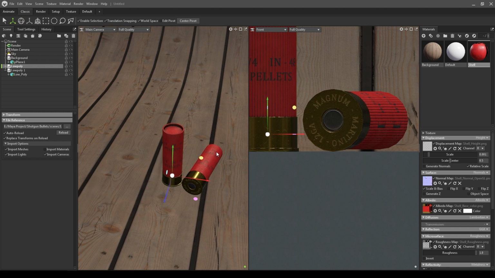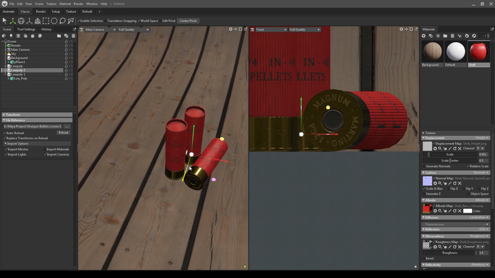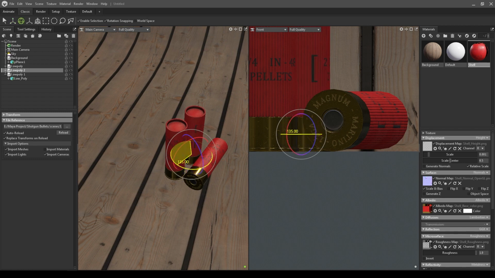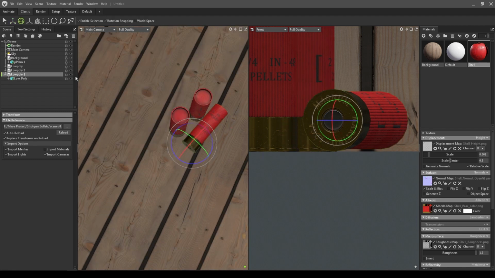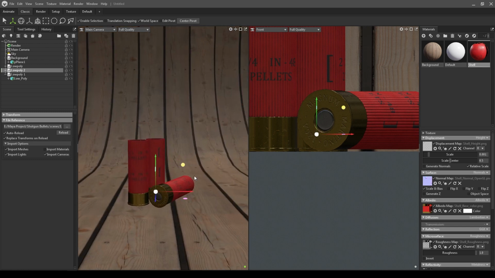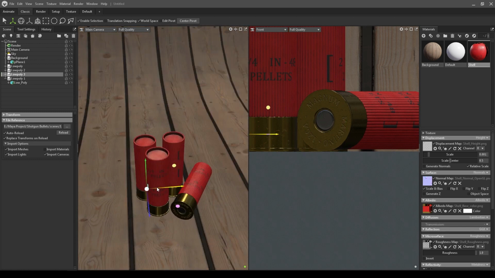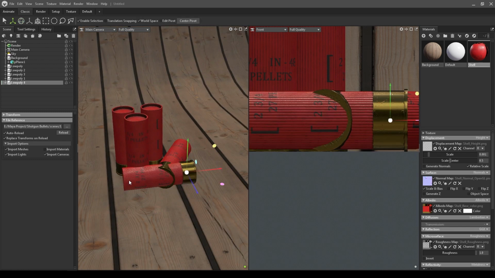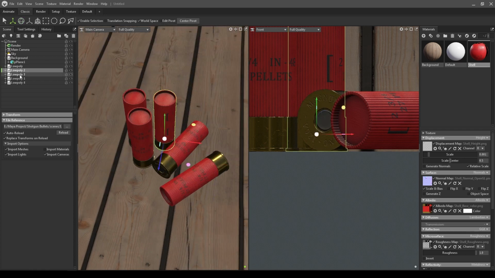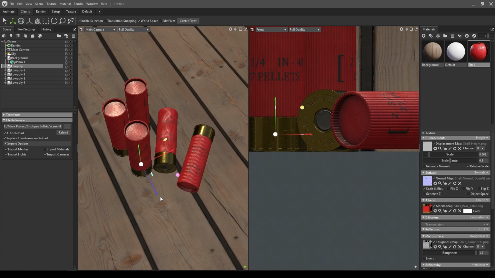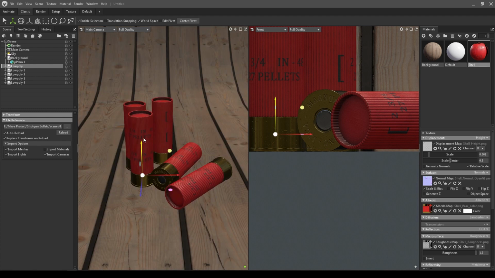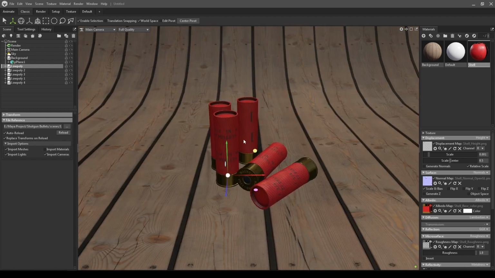Now select this again and create a few more duplicates. Rotate. So we have created all these duplicates. Let's go here and remove this viewport.